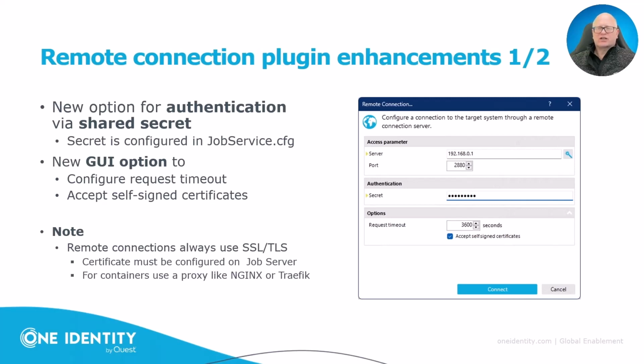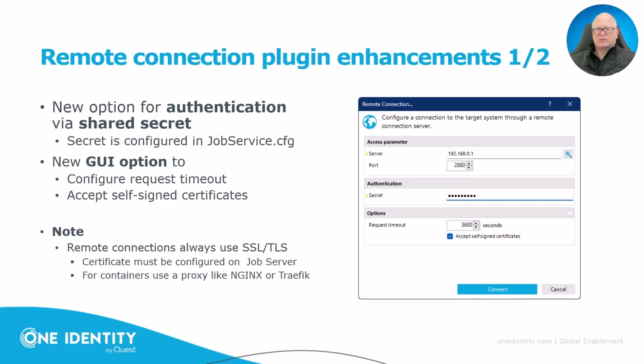What is the remote connection plugin? Please remember, job services very often are installed on target system machines. Sometimes they are not, and they do the job remotely for some reasons. For example, you can't use target system machines, or you need a specific software set installed on target system machines. Therefore this remote connection plugin exists. It allows, for example, the synchronization editor to connect to a service that will then do the job for the synchronization editor, because on the workstation what you need is not installed or configurable. In these cases, it was always nice to do so, but we wanted to simplify the installation,